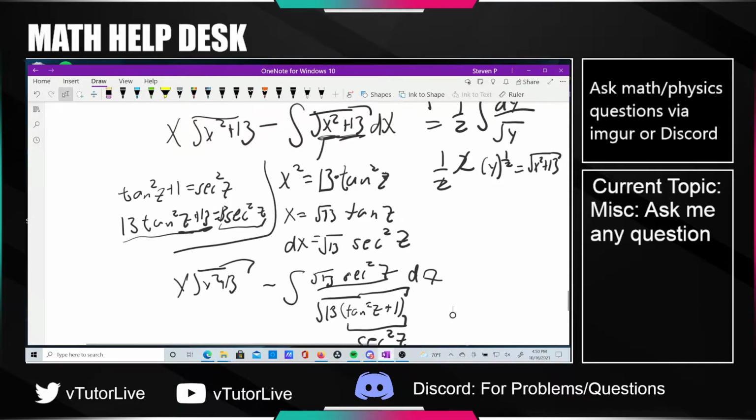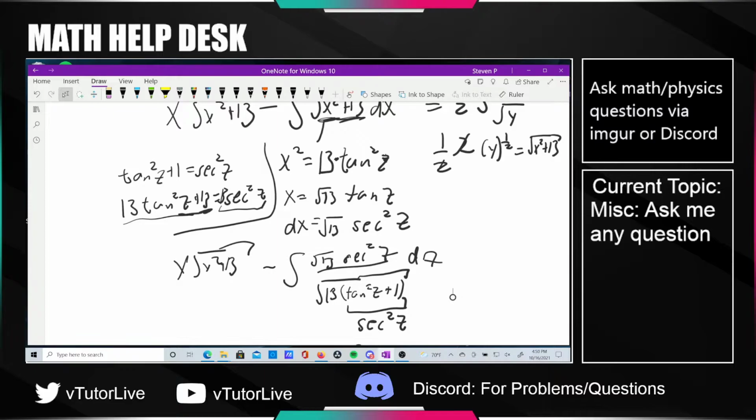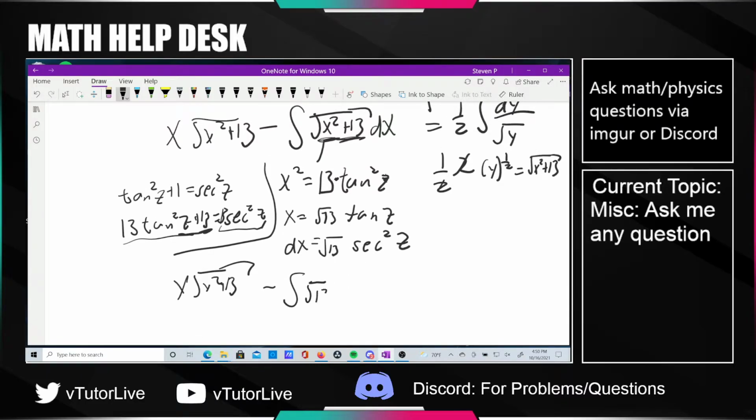So x squared plus 13. Yeah, I don't know why I divided. Sorry, I was getting this mixed up with another problem where I was dividing. I should be multiplying, right? There's no division in this problem. So this looks like rad 13. X squared plus 13, the square root of that, turns into